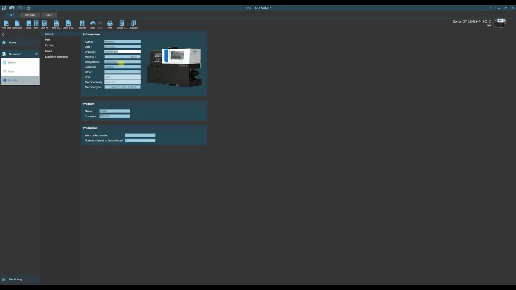We introduced some changes into this form, information, and now we would like to save it. So please notice that on the left side we have the description no name followed by a star character. It means that changes we made aren't saved yet. To do this, it is enough to select once more the File option from the menu, and after it click on Save icon.